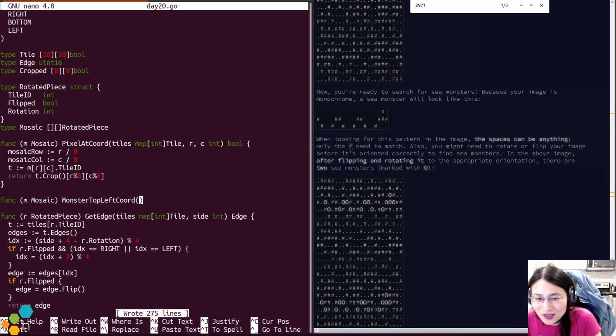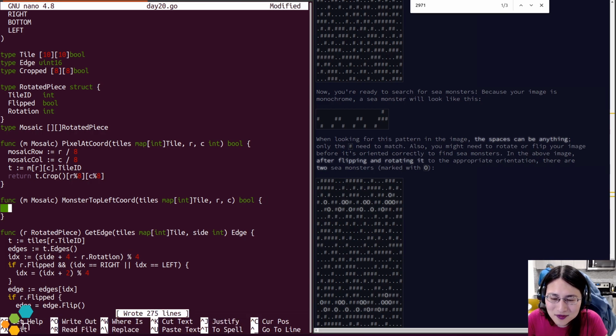Okay, monster top left chord, tiles, map, int, C.